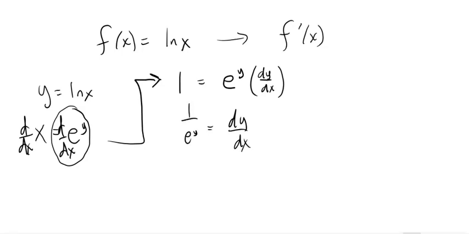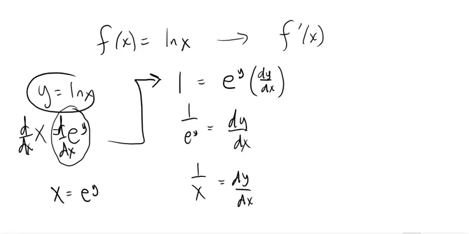I get 1 over e to the y. And I say, well, wait a minute. I'm trying to find the derivative of the natural log function. So I can go back and substitute, because x equals e to the y, right? So e to the y is just equal to x. And then we've found dy/dx right here, right? Remember, I know we did a lot of substitution. y is still the natural log of x. So in the end, after the substitution, we ended up with dy/dx, which is the derivative of the log function, and when we back substitute, we got 1 over x, and we are done,